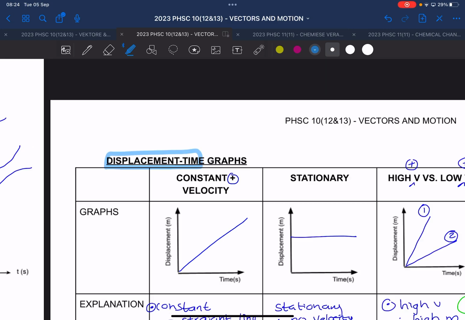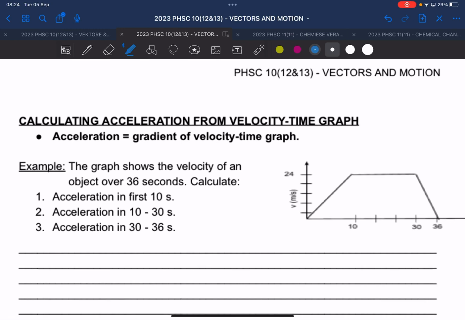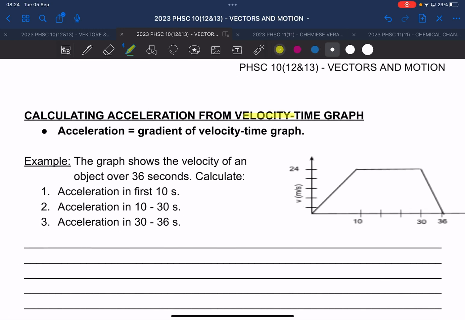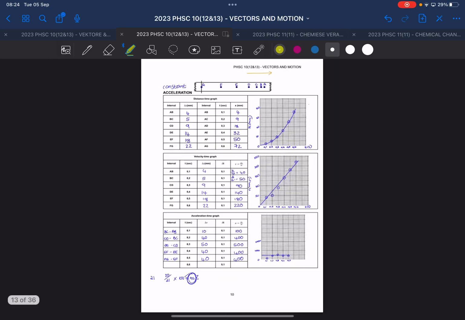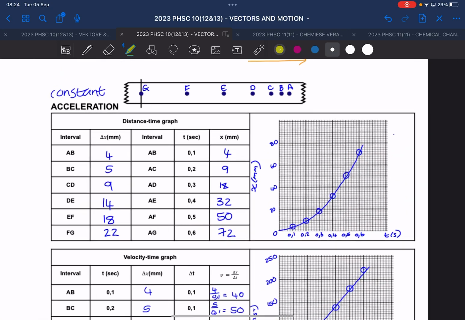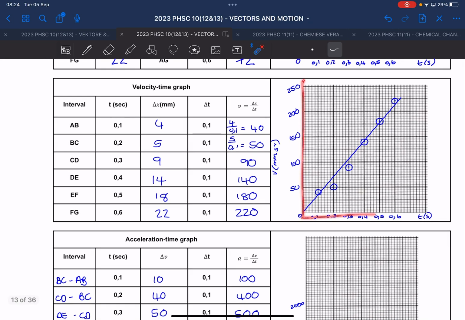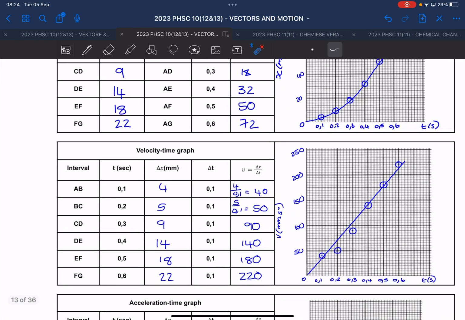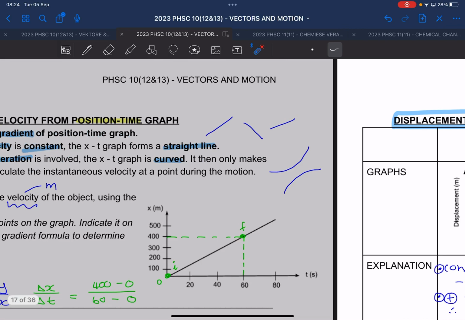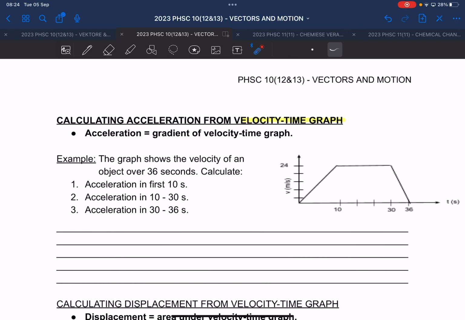Okay, this that we've done yesterday and today is the displacement time graph. Now we're going to go to another type of graph. We're going to go to velocity time graphs. Okay, so this is what you did in your practical. You first did a displacement time graph, a distance time graph, and then you did a velocity time graph. So you've already drawn stuff like that. A velocity time graph gives different things.